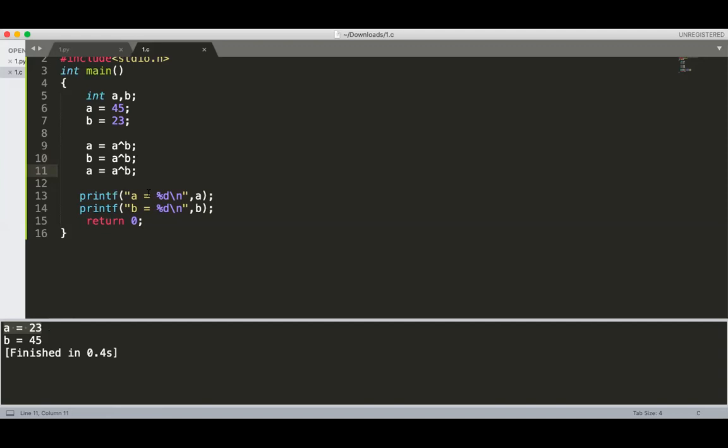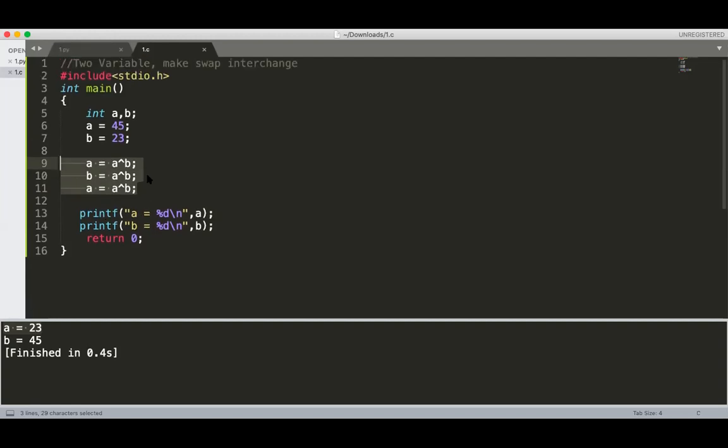So there are several methods. You need to find out those methods. Using an AND gate we can also do it, and I think multiplication and division, but the multiplication division method never works for every input. So don't use the multiplication division method. It is only valid for even numbers. So your assignment is to search for more methods for swapping two numbers without using a third variable. Two methods I have shared. The remaining methods you have to find out.